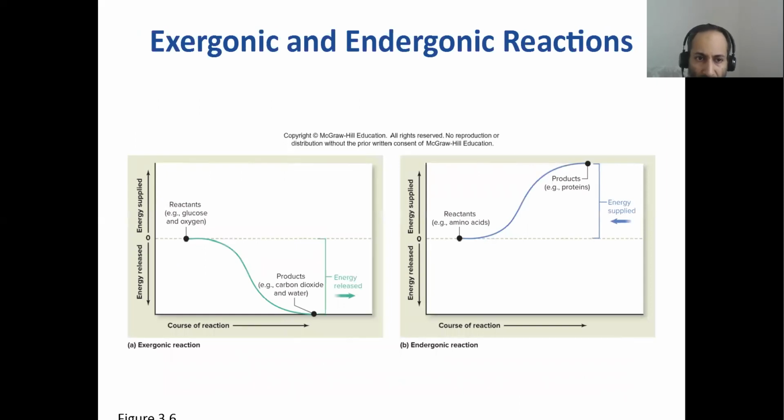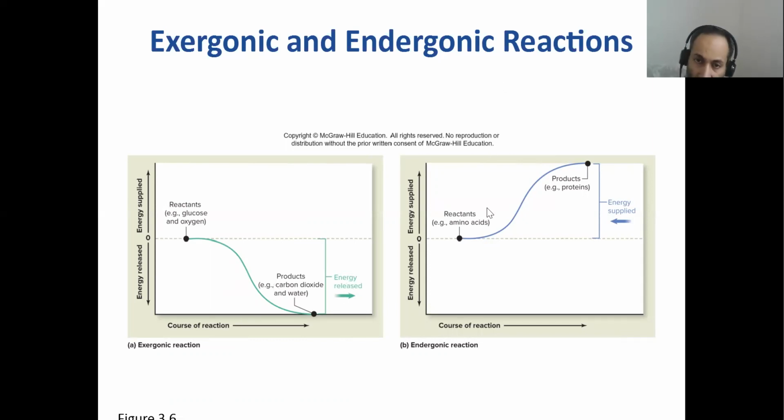So here in this graphical form, you can see the difference between exergonic and endergonic reactions, right? So what's happening with the first type here? Here are the two reactants, for example, glucose and oxygen. What happened? Glucose was burned or broken down in the presence of oxygen to release energy. So what type of reaction is this? Exergonic or exothermic. Energy was released from glucose, right? So the product has less energy than the reactants, and this energy was released here, as you can see.